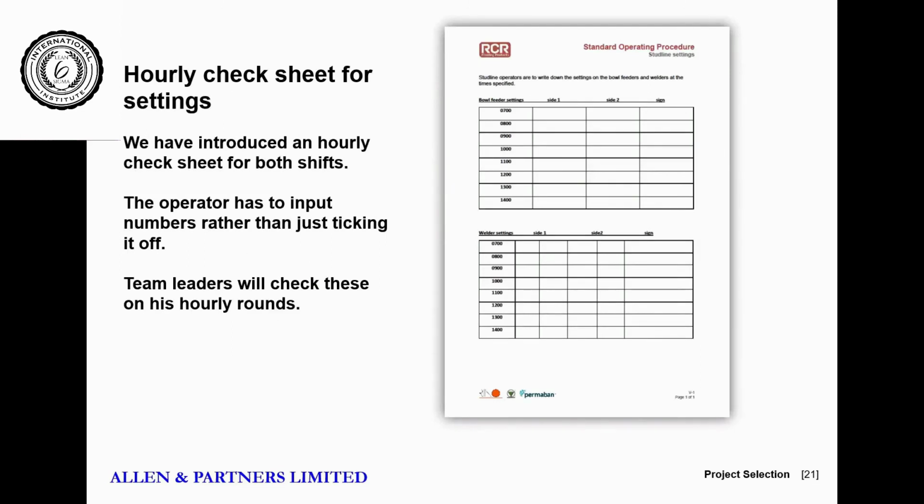Then there's an hourly check sheet. So this is to make sure that the operator is actually following those procedures. And something that they've done, which is a great little piece of advice, they get the operator to write the number. So the operator has physically got to write 530 amps or whatever the setting is. It isn't a tick sheet,